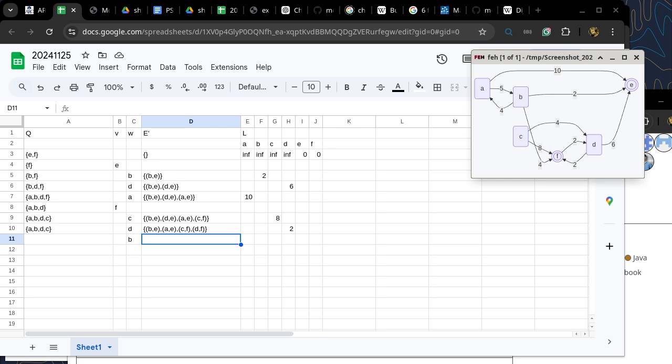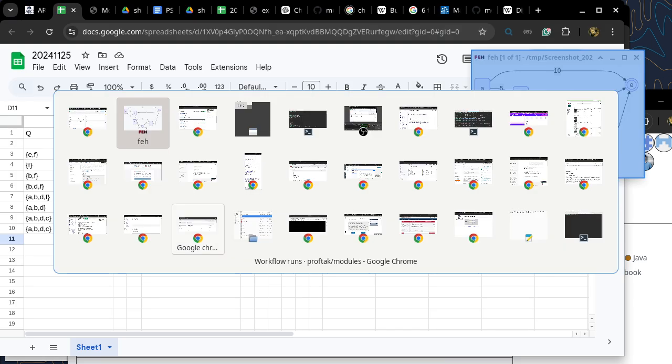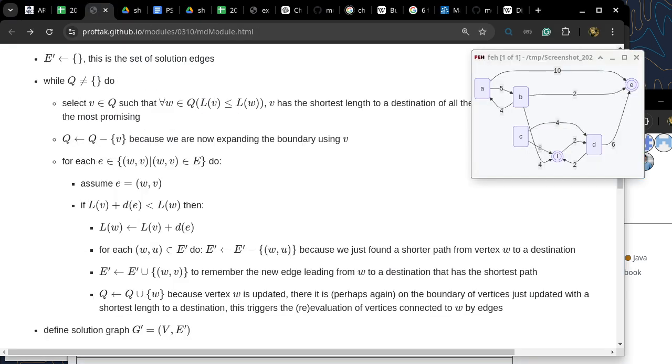And B already has a shortest path of length 2 to one destination, and now it has another path to a destination again. But this time, the less than is not true. Because if I look at the algorithm, this time when you look at this condition, L of W would be the 2, and then L of V is 0, D of E is going to be a 4. So we are looking at 0 plus 4 on one side, and 2 on the other side. 4 is less than 2 is not true, so I have nothing to do for this iteration of the for